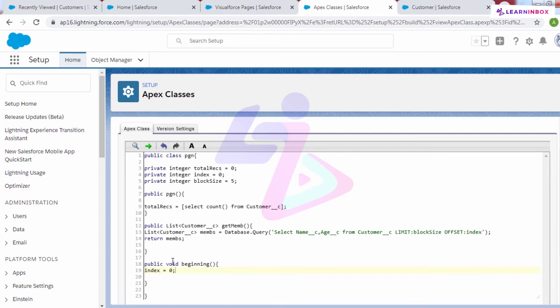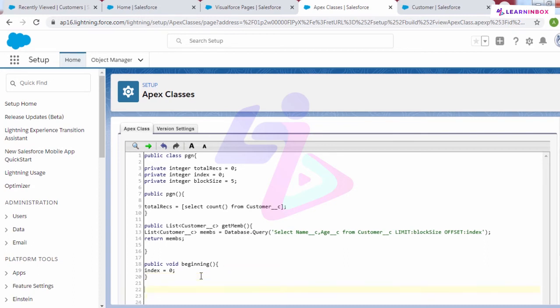Why? Because it is the very beginning of your page or the number of records. So at the very beginning, the index value of your record would be 0 only. That's the logic of my first button, the beginning button.